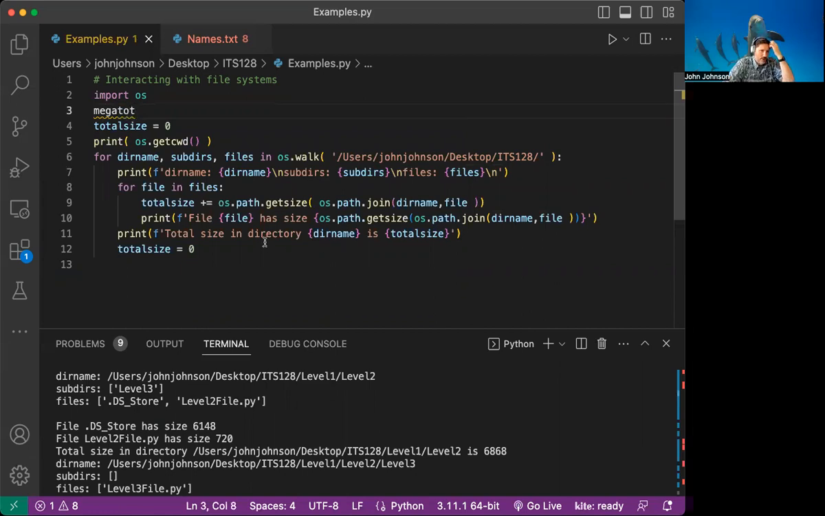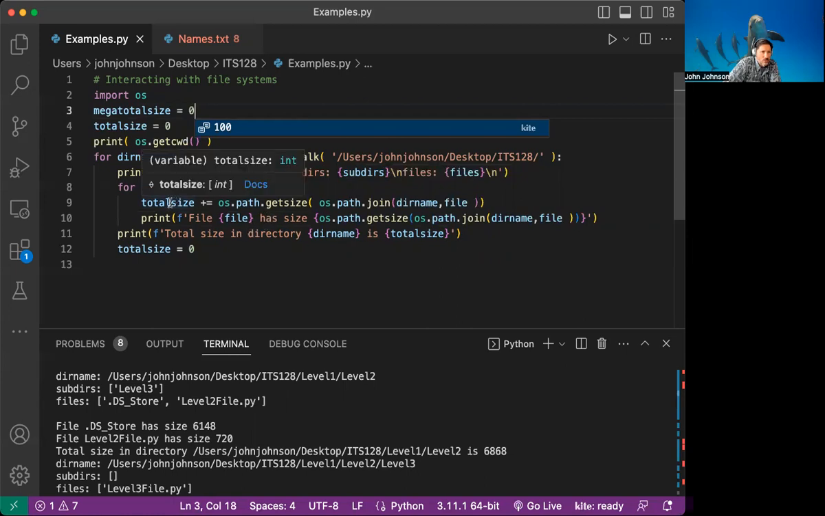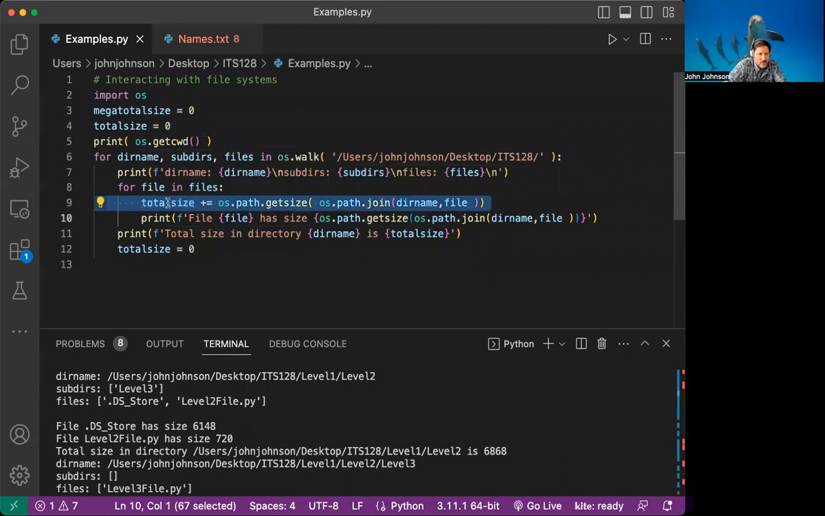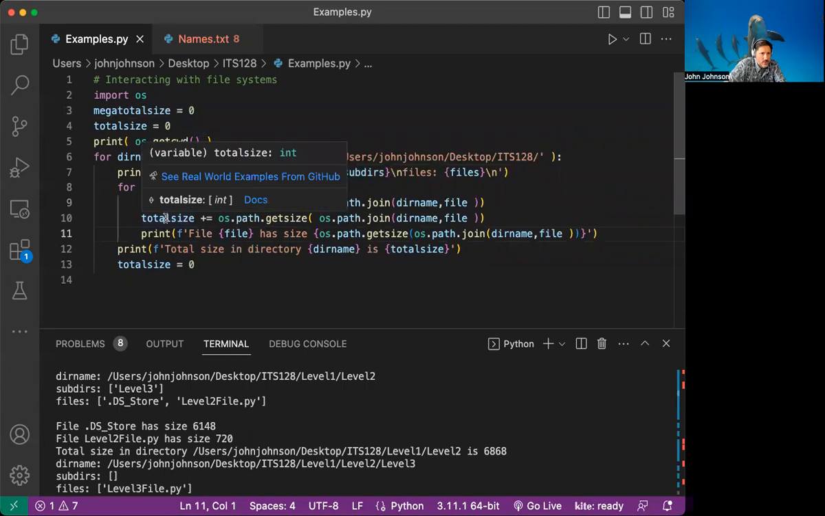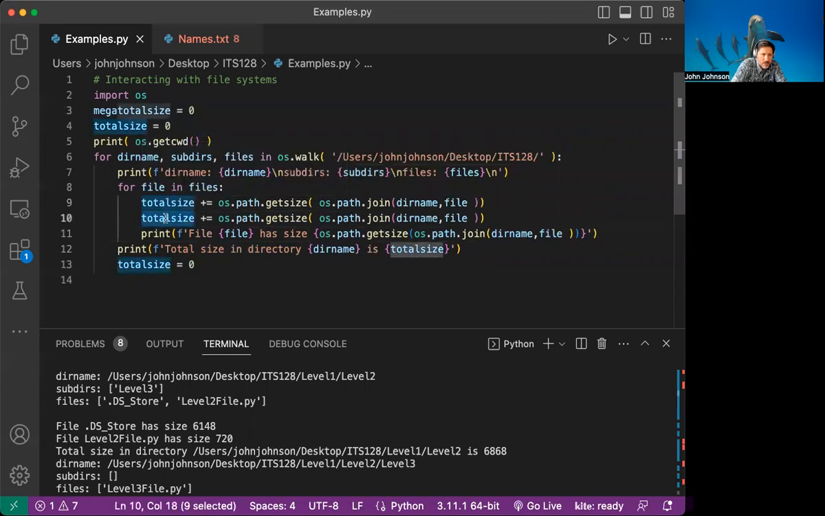And then we could find out at the bottom of everything what the entire size of all the directories and the subdirectories was. We can do that by setting this mega total size equal to 0. And then we'll come in, where we do the adding to our total size line, and we can just duplicate this, and we can say mega,